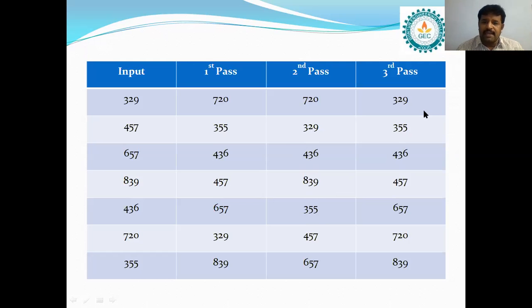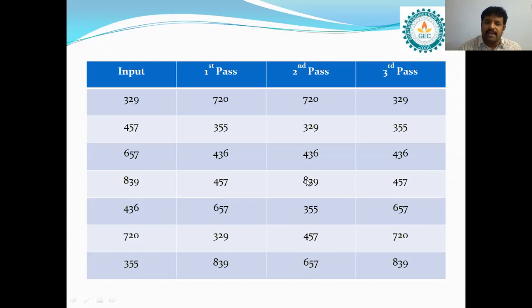Okay. And then we have to check for the next smallest element among these. Which one is next smallest? 4. But it is repeated twice. So among these two, which one is smaller? 436. We can write 436 first and then 457. And next, find out the next smallest number after 4. That is 6 only, right? So we write 657 here.